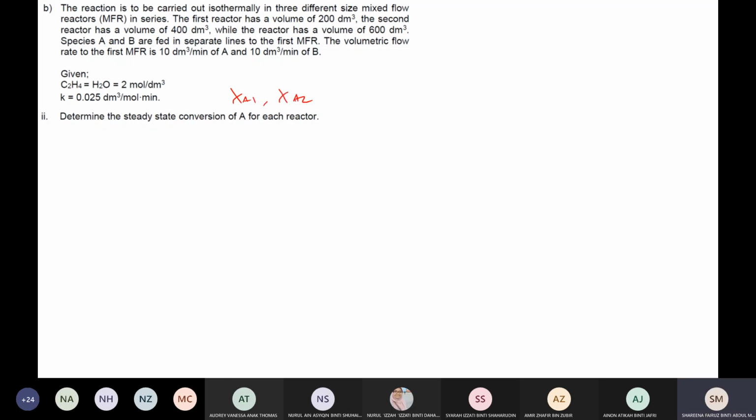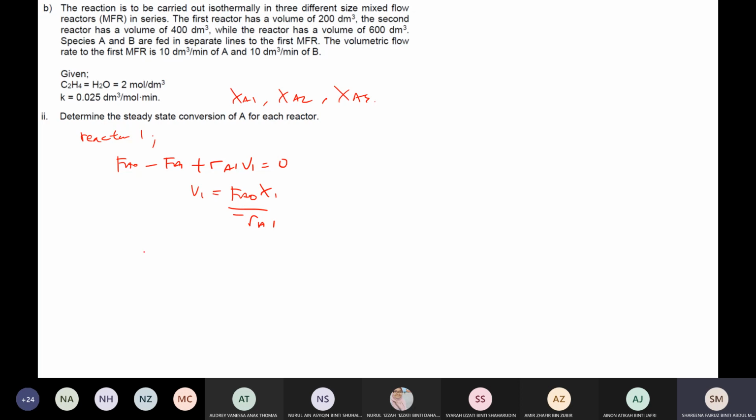Okay. Alright, so dengan XA3. Okay, so start dengan mole balance. Okay, so for mole balance for reactor 1, okay, we have FA0 minus with the FA1 plus dengan RA1, V1 is equal to 0. So V1 is equal to FA0 X1 over negative RA1. Okay, so whereby rearrangekan dia, alright, and